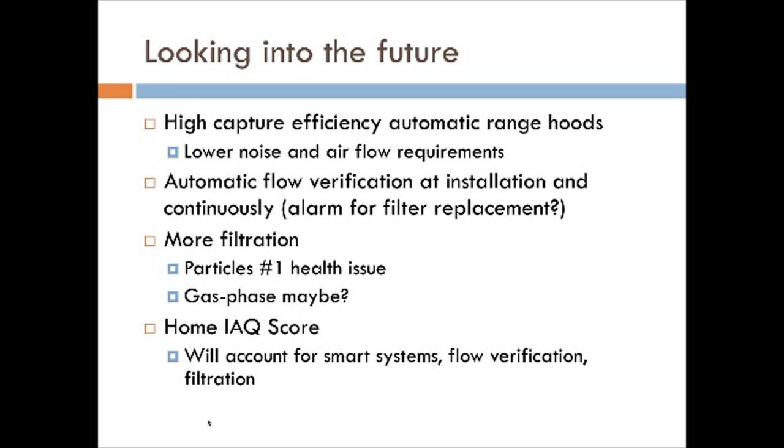This idea that it's kind of tricky sometimes to measure the airflows for verification means that it would be nice to have some sort of more automatic systems. And indeed, there are some HRVs out there that have flow stations in them and might be able to do some sort of self-calibration. And what we'd like to do, if you want to simplify it, is there could simply be a button that says push to test, so that an HRV installer, after he's done, can push it, and he either gets a red light or a green light or a series of red lights that say the problem is here or there. This sort of automatic verification, I think, would be a super duper idea,